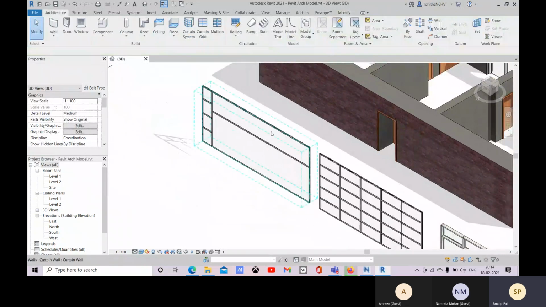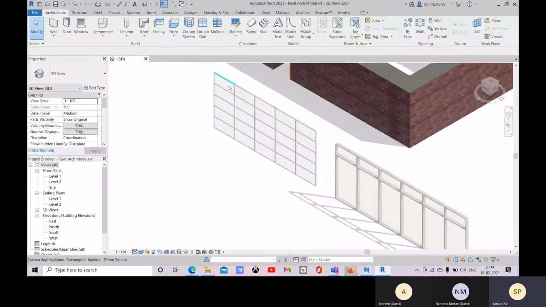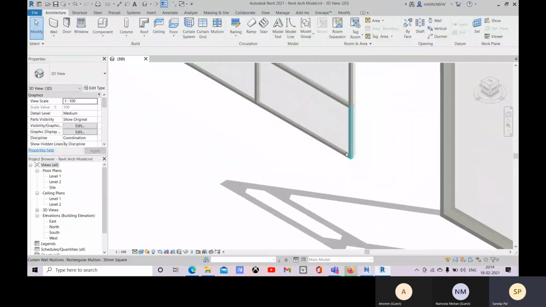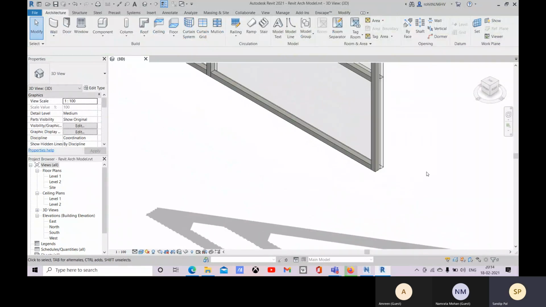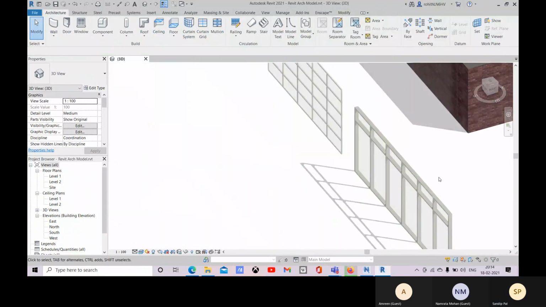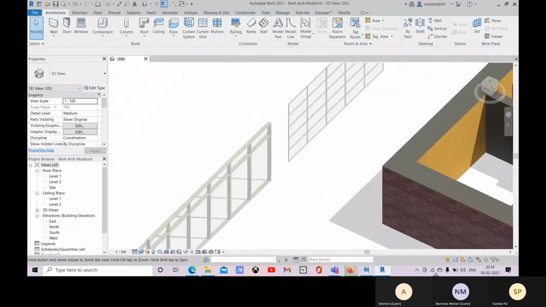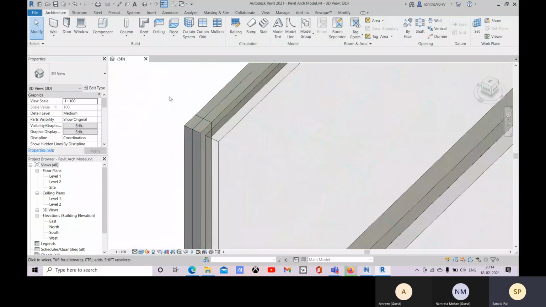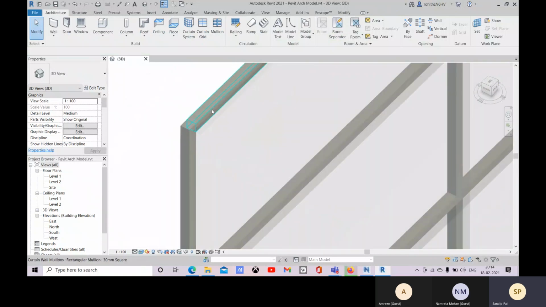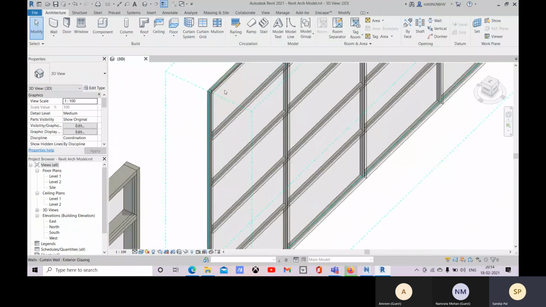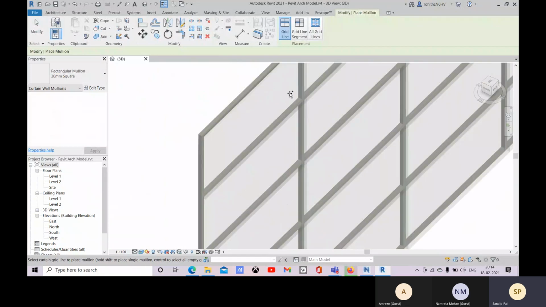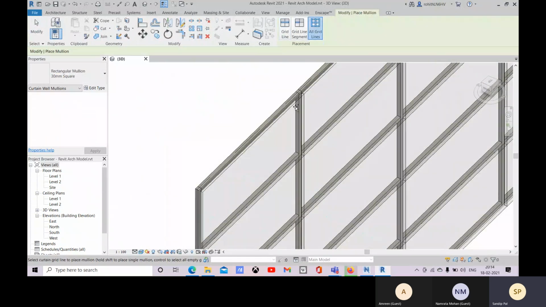Now let me delete this one. Let me go with this file. So let me go with the mullion, and there you see it's already placed.